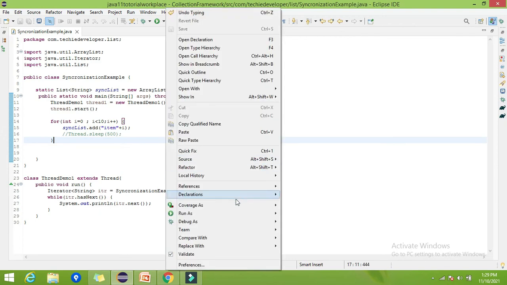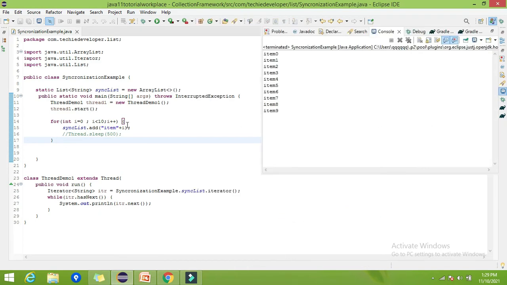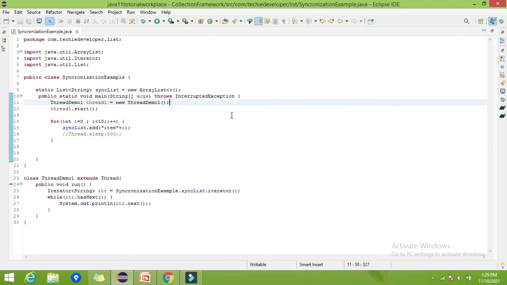If we run this, consider these 10 items being added by this code. Now this is working perfectly fine. But what will happen if a third thread comes into the picture and it's trying to add a new element?